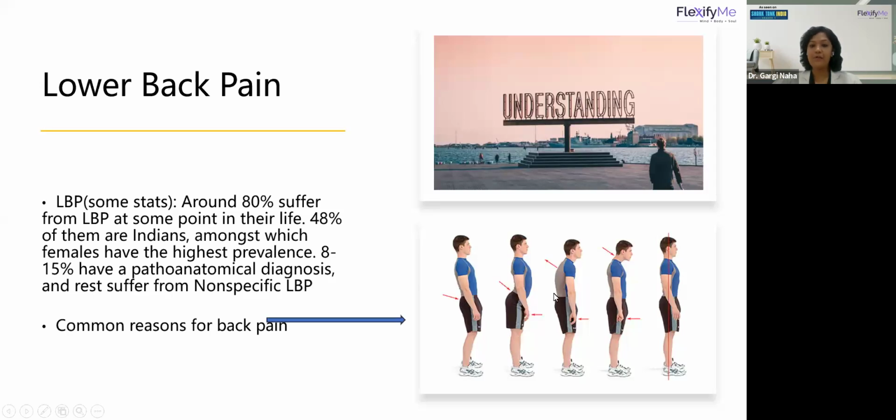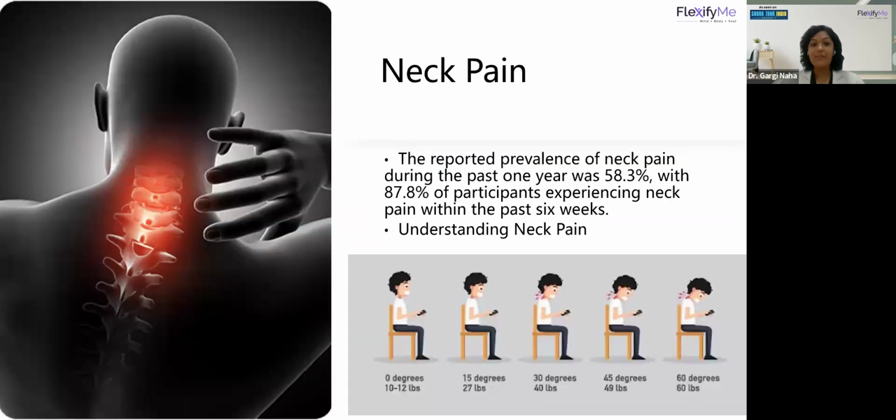The thoracic kyphosis, rounded shoulders, forward head, increased curvature of the upper back, leads to neck pain, upper back pain, and lower back pain as well. Forward-headed posture, commonly because of the use of laptop, desktop, mobile, leads to neck pain. And the last is a normal posture, how we should all carry ourselves, but difficult. Right?